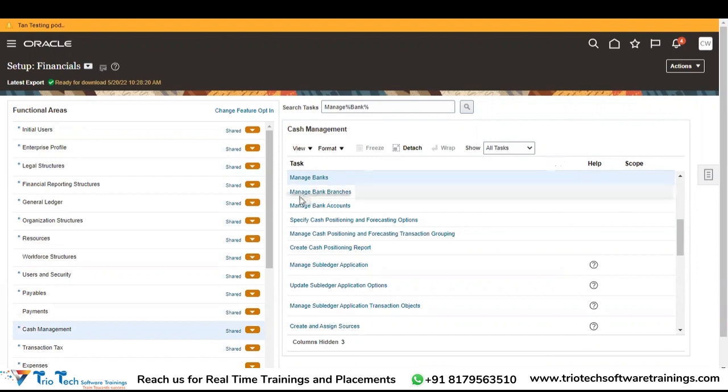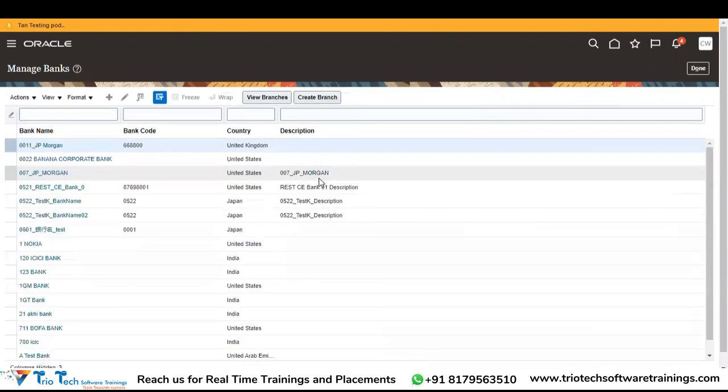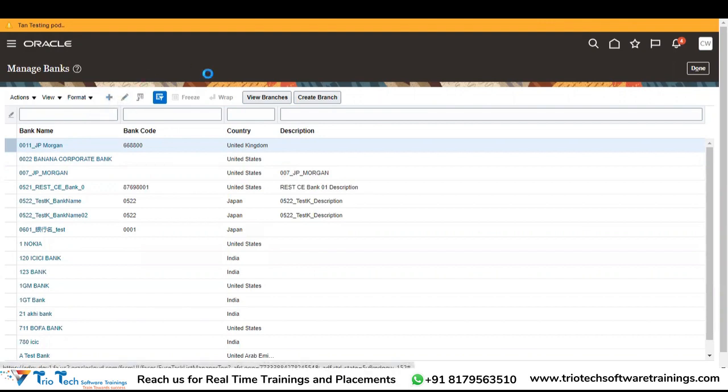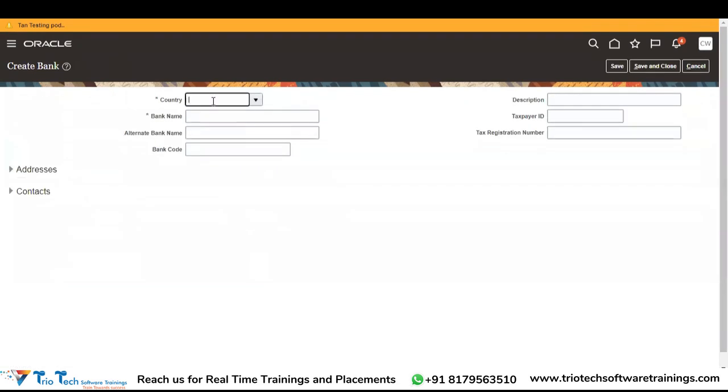So manage banks, basically click on that, and you will have to first create the bank name, provide the bank code, and associate the country in which the bank is located. So simply you will click on add and provide the name. Let's say United States,